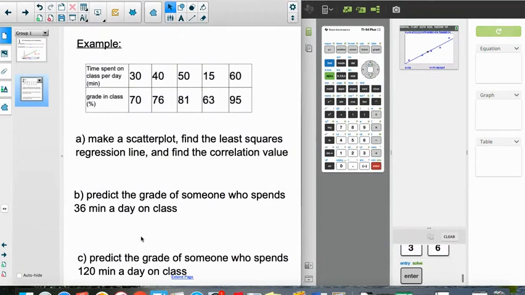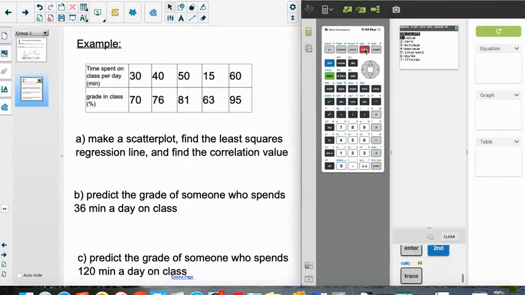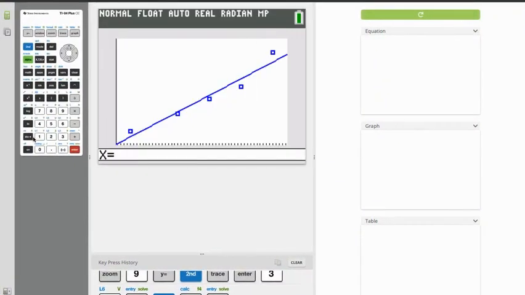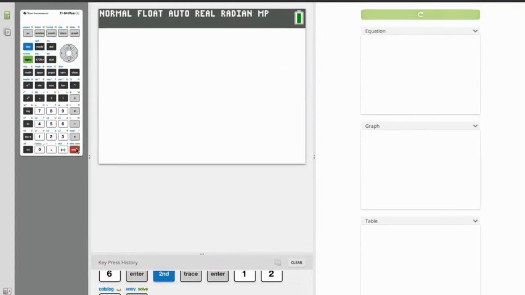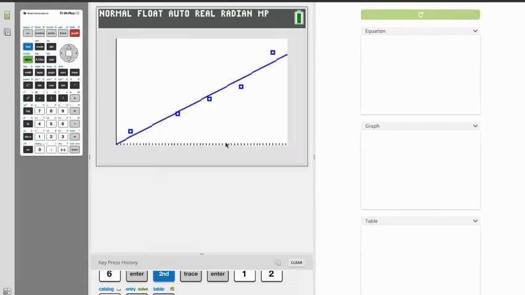Now C says, predict the grade of someone who spends 120 minutes a day on class. Now, if we go to calculate again, X equals 120. It's not even going to do this for us right now because 120 for X is not in our window. We're outside of our data range. This is extrapolation. But if you want to do it with the calculator, you could zoom out